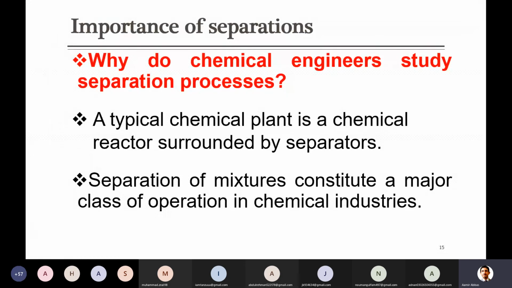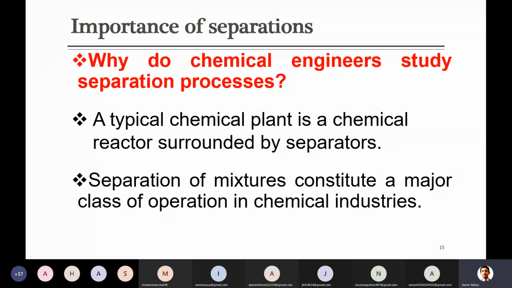For example, you said that sometimes we need to purify our raw material so that it can be sent to the reactor. As well, there are unreacted reactants in the product. Sometimes more than one product is produced: along with your pure or main product, there are some side products, which can be separated. Sometimes catalysts can be separated.